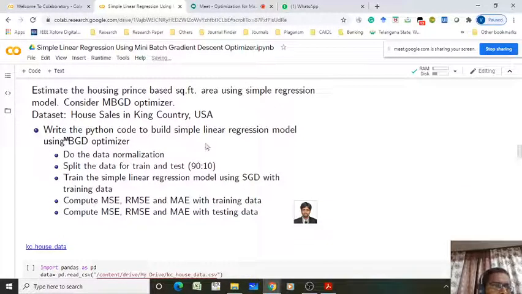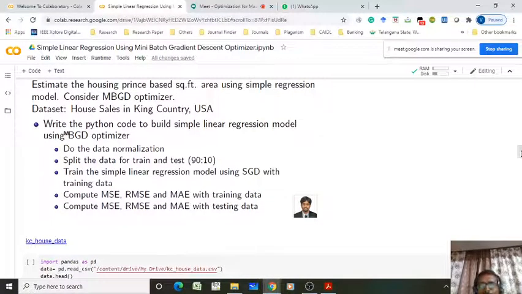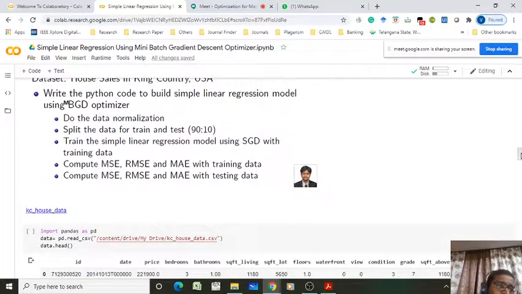Now the next one is the housing price data. You want to estimate the housing price in the USA. What will be the housing price in a particular area in the USA, based on the square feet area of the living room? Actually it is a complex problem. There are multiple other features which will decide the price, like square feet of living room, number of bedrooms, location, and many parameters that will impact the price. But as we are working on a simple linear regression model, we have to take